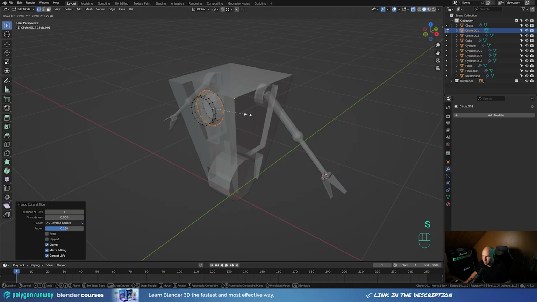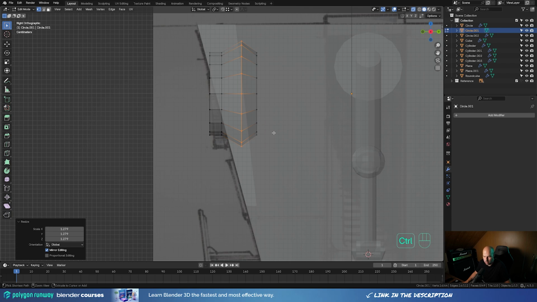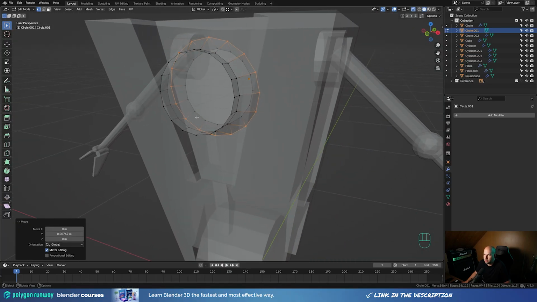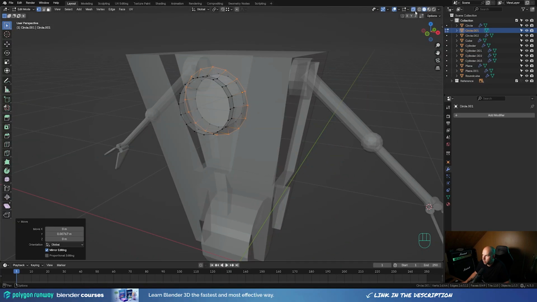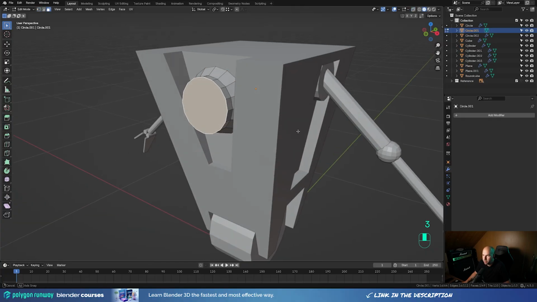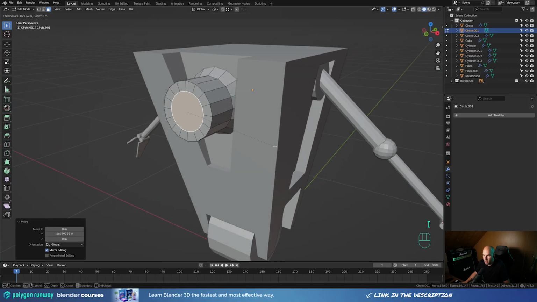press S to scale it, and let's look from the side, and there's a little bit of that slope, so we can hit Ctrl Alt Shift and S and just slide it like this to match the angle, and press G then Y and move it back. So we'll get something like this here. Now let's toggle the X-ray, and we can press 3 for face select, select this face right here, and press G then Y and move it towards the front like this,